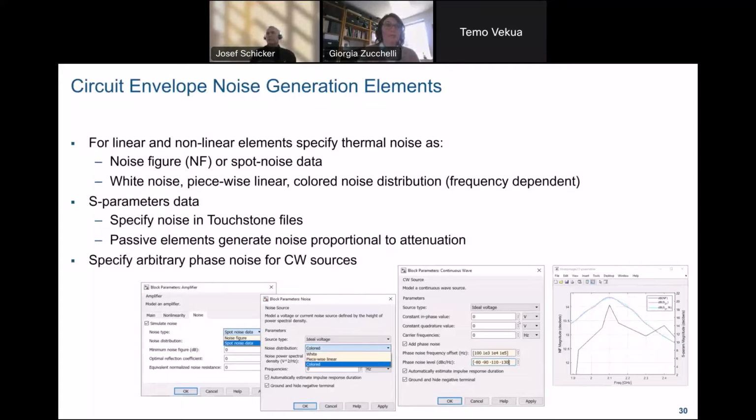So you can automatically get the noise that, for example, an attenuator introduces. So let's say an attenuator gives an attenuation of 3 dB, then it will automatically have a noise figure of 3 dB. And you can also have noise sources that you can inject on your circuit, and you can also model phase noise on your local oscillators.